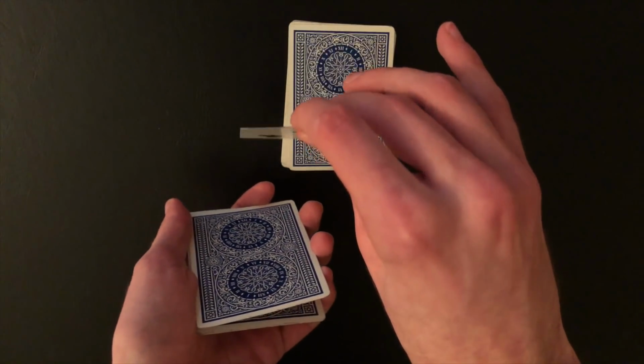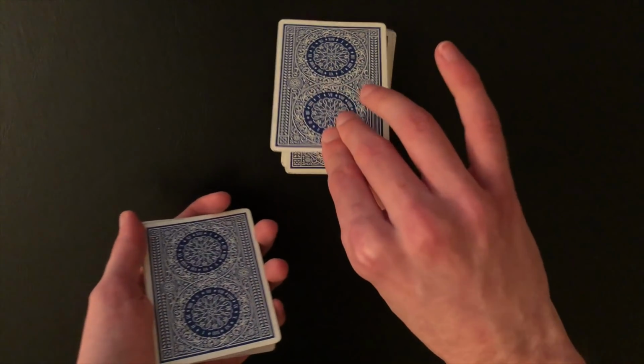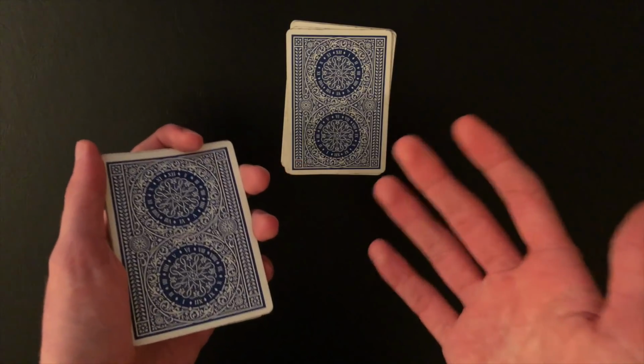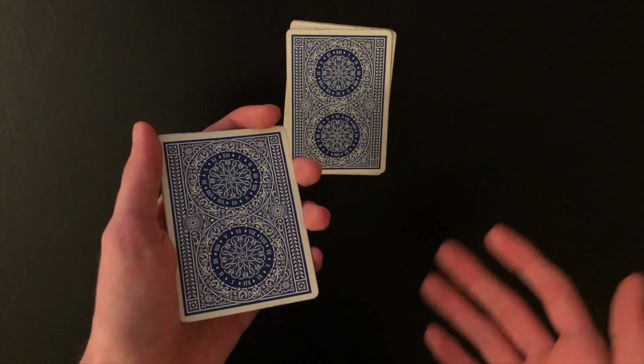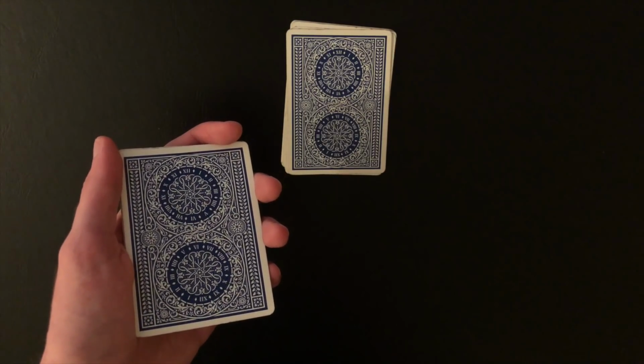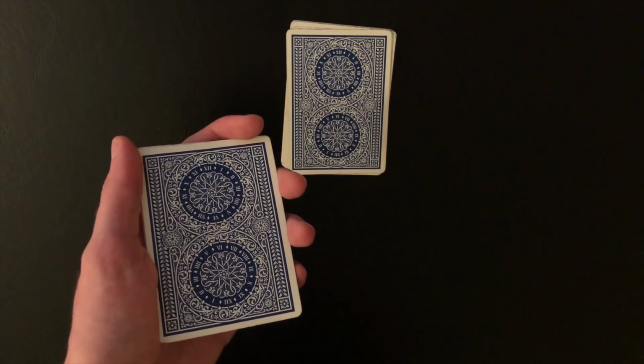So 10 of diamonds, the next one is the 5 of clubs, and the next one is the 9 of diamonds. So I remember 10, 5, 9. I just really have to remember the values. At this point, I just have to ask the spectator, tell me the name of your card. And at this point, this is a multiple outs trick, because no matter which card they name,